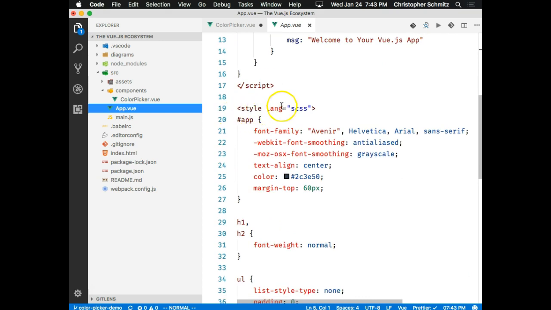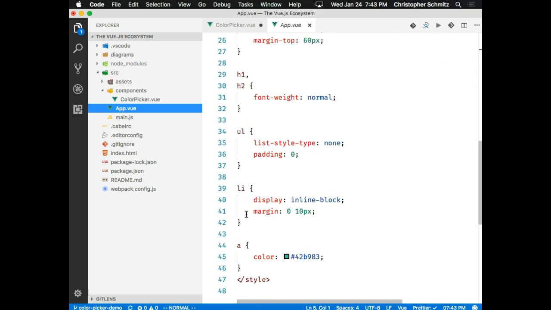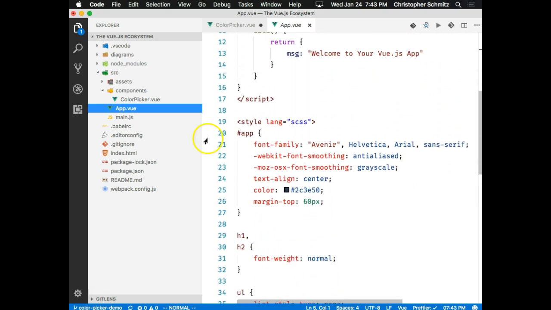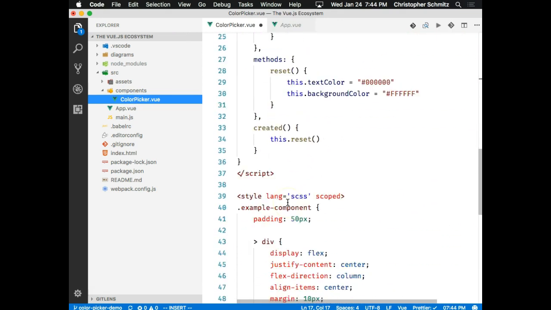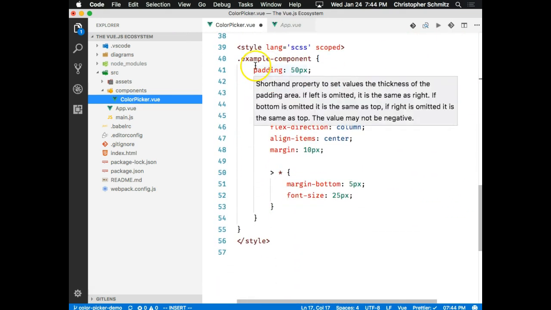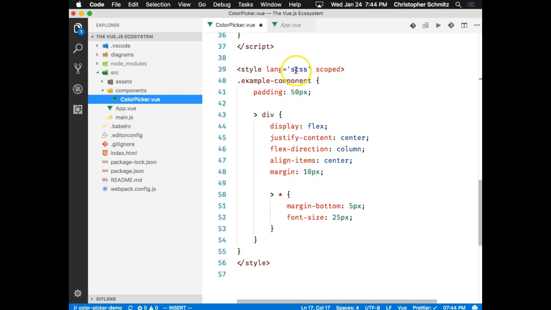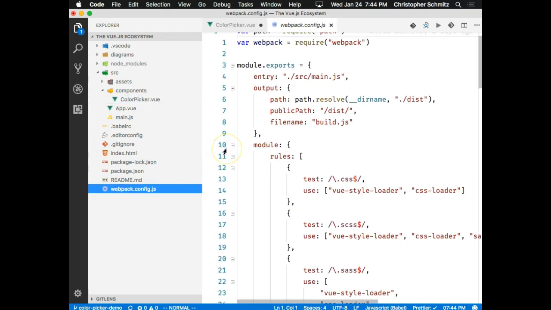Same thing with SCSS. I don't think I have anything specifically SCSS in here. Yeah, so like the nested style that you could do with SCSS, I'm able to write that directly in there and then just tell Webpack's Vue loader, hey, when you process this tag, process it with the SCSS loader. And to peek into that,